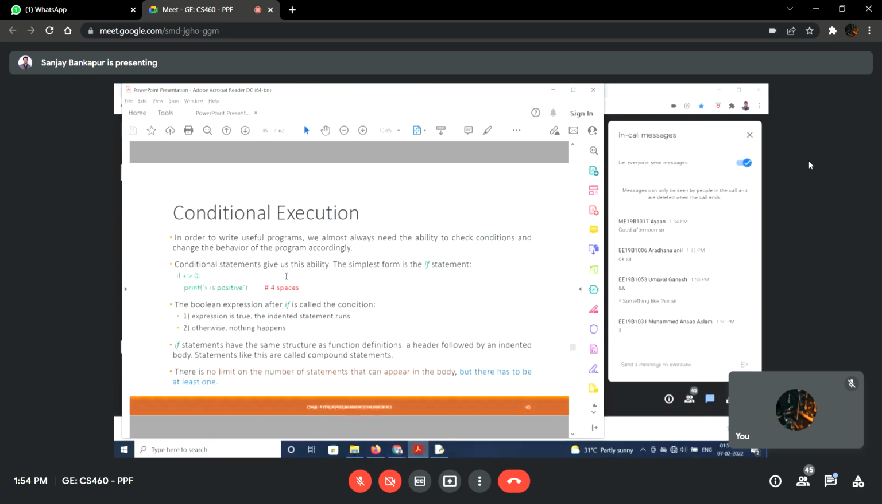meaning it will consider whether a statement is to execute or not. In sequential, it will execute by default. In selective, depending on the condition, it will choose whether to execute or whether to ignore. So we'll quickly see an example. If